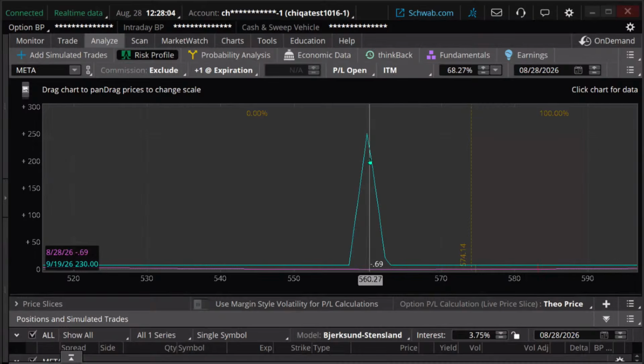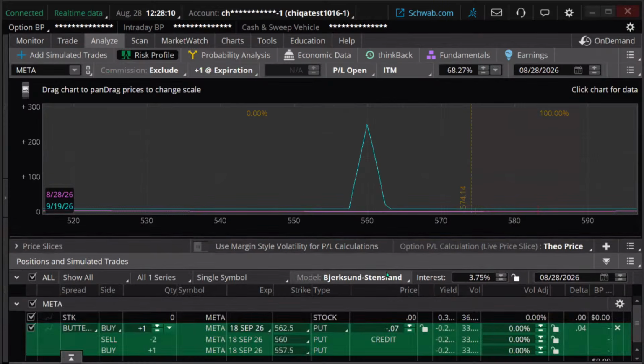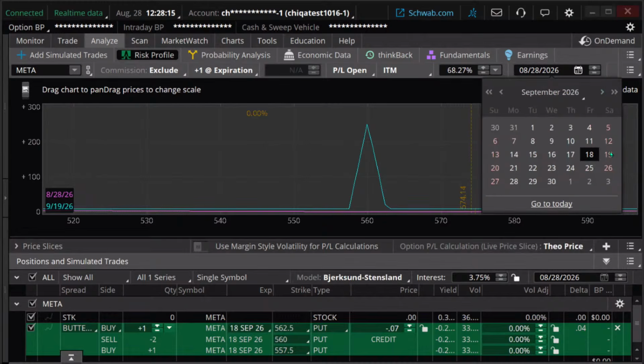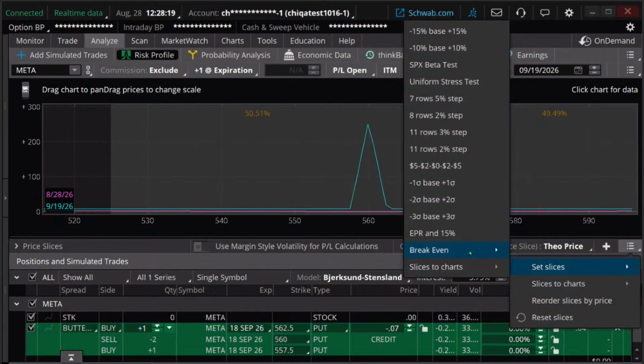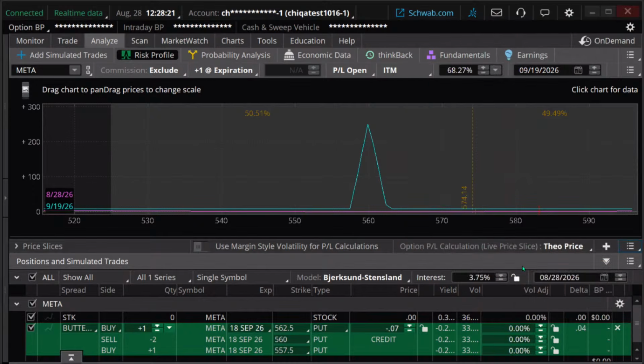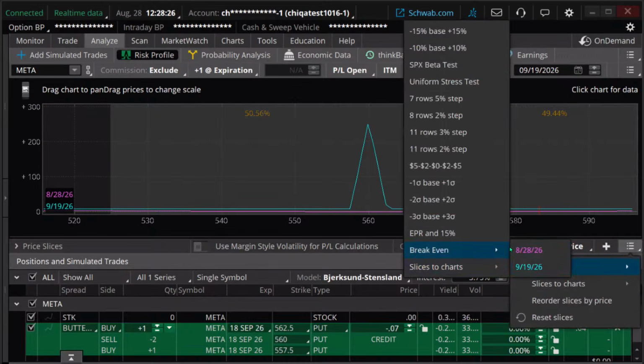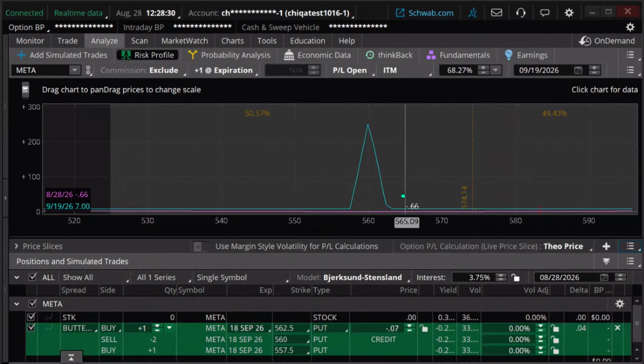Now look how skinny that is. What are the odds of that trade? Well, they're not going to be good, so we're not going to do that trade. Okay. Let's go here, and let me set my slices. Break even there. It's not even giving me anything. I don't know why, but it's not even giving me anything. But the point is, hold on. This is just a weird trade right now.